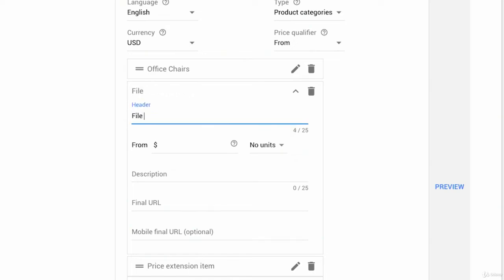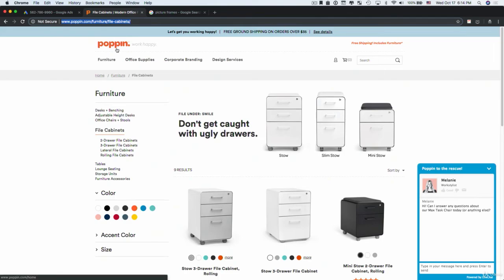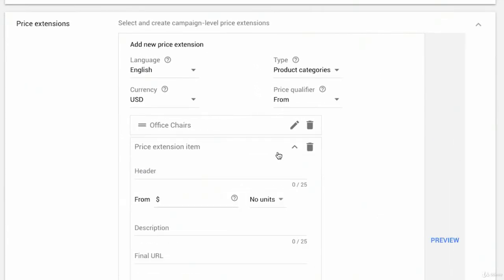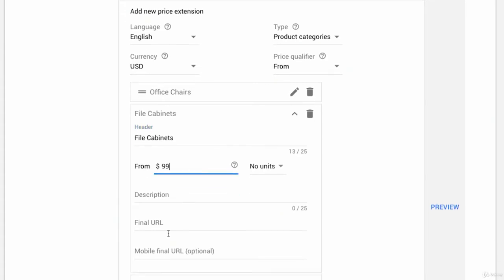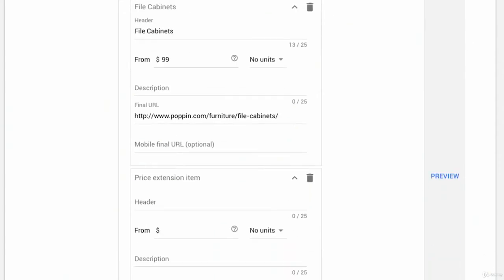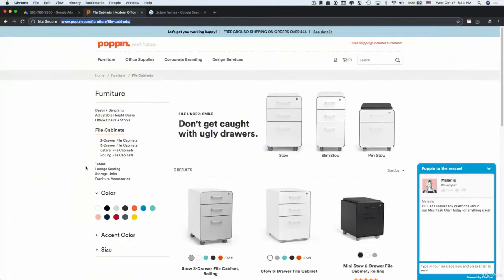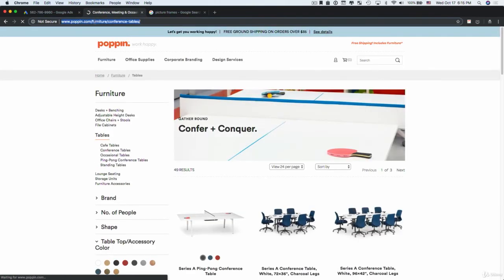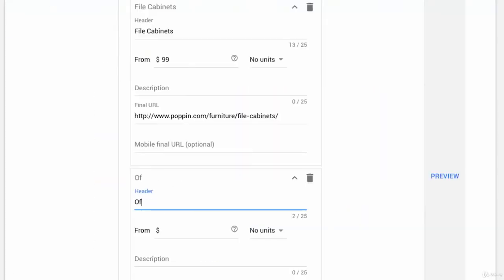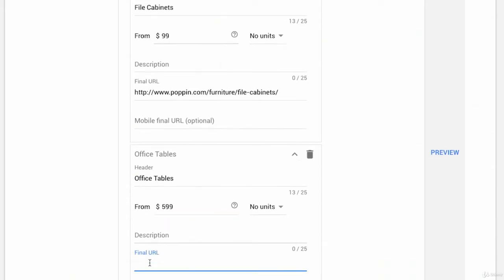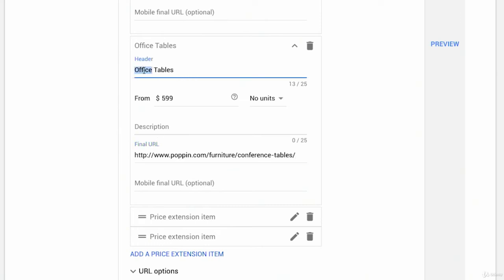So I might do something like file cabinets from $99. I could write a description. I'm not going to do that now just for the sake of time. I'll find my file cabinets top level domain, and I'll paste it in this price extension. I actually had to refresh this, for file cabinets, right? We said from $99. I'll make another one. We'll call this, let's see, maybe we'll do tables. And I'll say office tables from $5.99. If that's what it was, I could write a description, put in a final URL for conference table, or maybe I'll take that, it should be